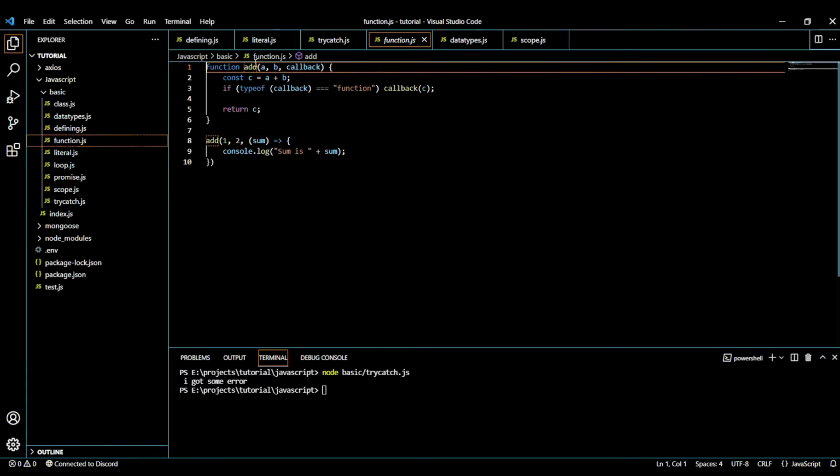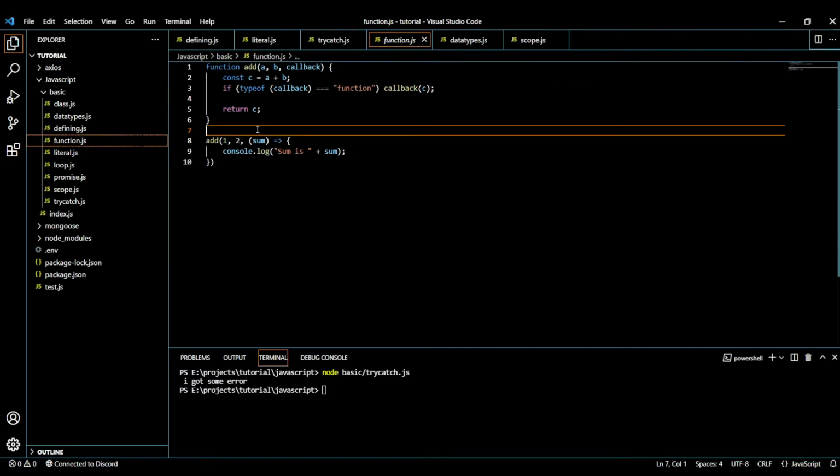So guys, functions take some parameters, like some values, and then they do their stuff and they return something. Well, it is not important that they will always return, because there are void functions too which do not return anything. So let me tell you what this is. A and B are just numbers, and then the callback. I personally think that you will hear about callback functions a lot, so I added this. So what is a callback function? A callback function is just a parameter which is a function.